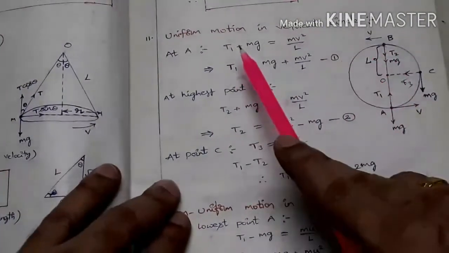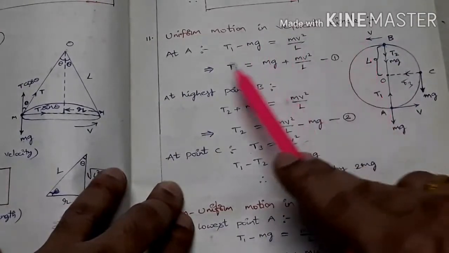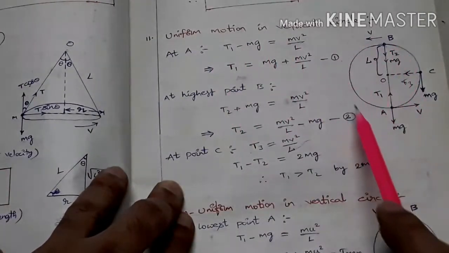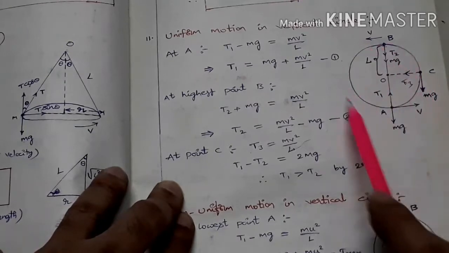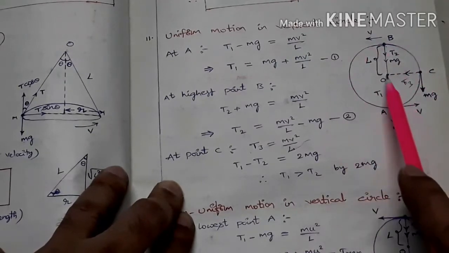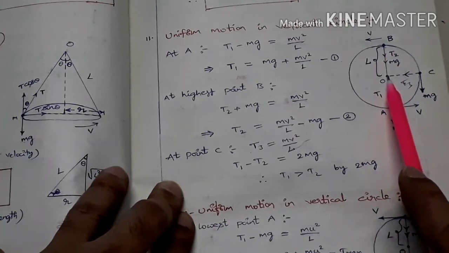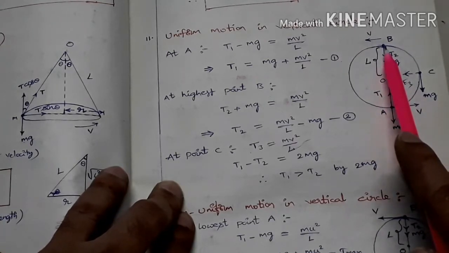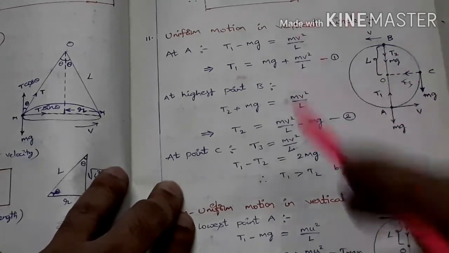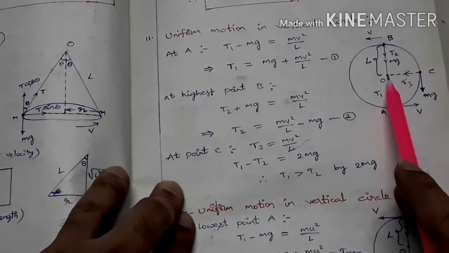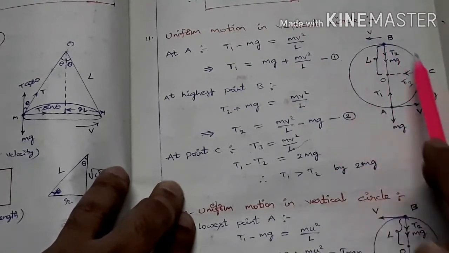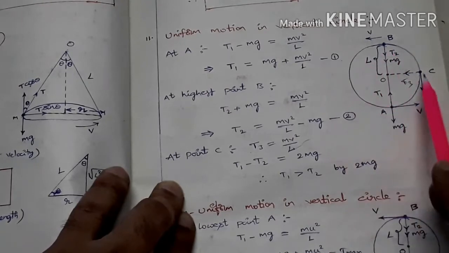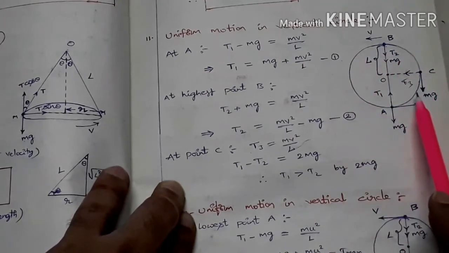Okay. So next topic is uniform motion in vertical circle. See here, a particle is making uniform motion now, but this is in vertical circle. A body of mass m is tied to a string. One end point is O. It is attached to the other end point here, and it is wheeled in vertical circle here. So in this case, at every point the velocity will be v only. Okay, so this is uniform circular motion in vertical circle.